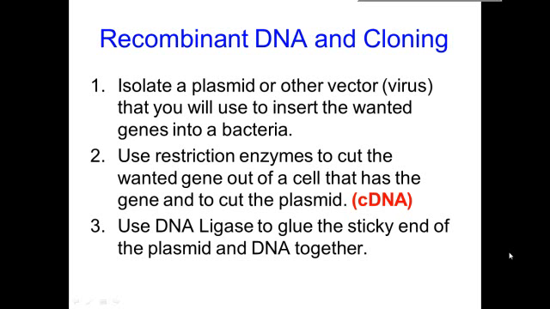Let's say a glow-in-the-dark gene. And then you use the enzyme DNA ligase to glue the two pieces that you have now cut together. Now, the reason you use the same restriction enzyme is because then you will end up with the exact same letter combination, ATTCCG.